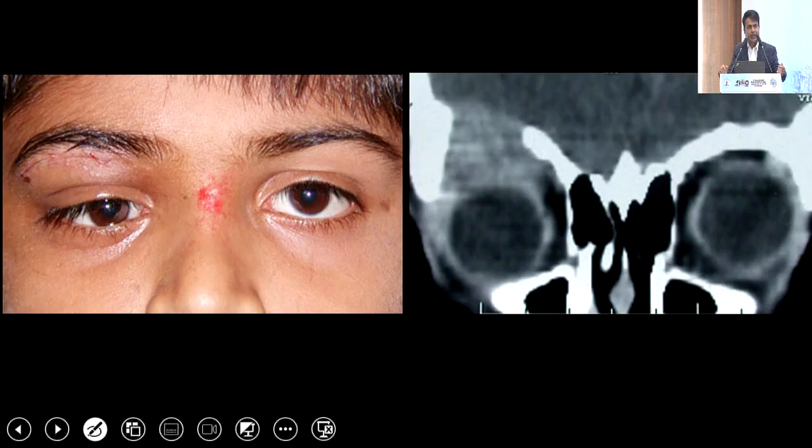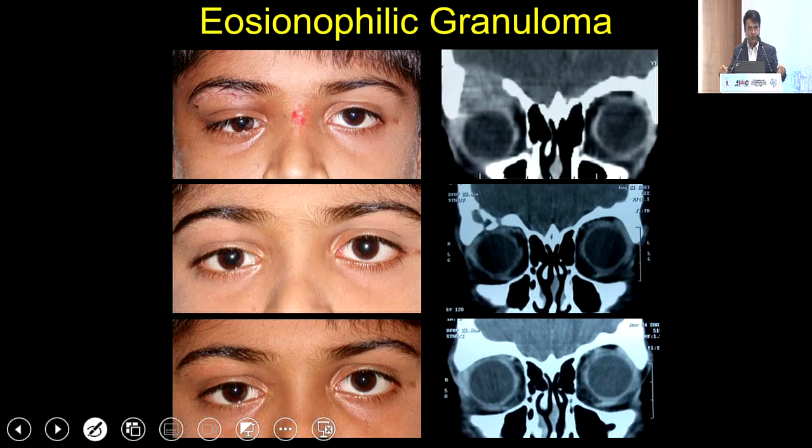Now you have a situation like this where a child has a tumor which is involving the roof of the orbit, and because of the chronicity of this lesion, we already suspect that the child may have eosinophilic granuloma. Here the approach is going to be completely different. You're not going to curette it, only because the dura is already involved here and you don't want any risk to this child. So you would go by a safe approach where you would want to do a biopsy from the center of the lesion, which is absolutely safe. Make this child wait under anesthesia for about 10-12 minutes, and your pathologist confirms the diagnosis of eosinophilic granuloma.